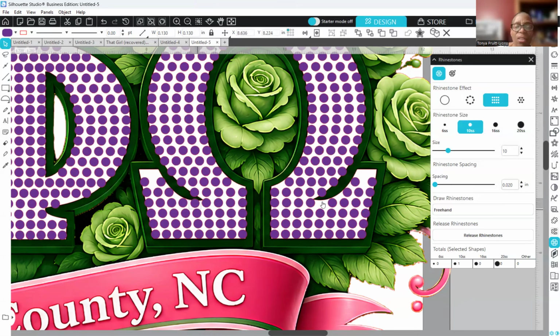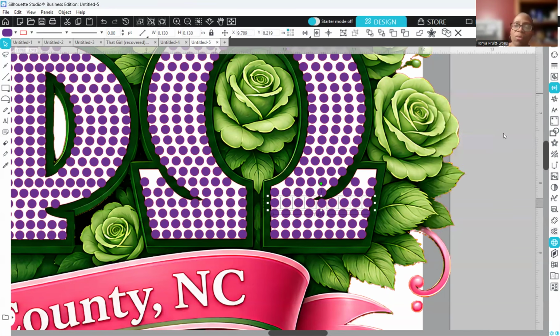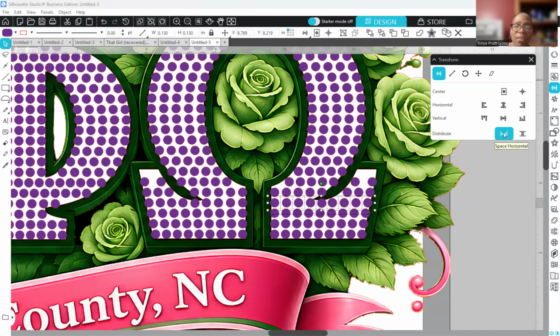Okay, and I'm going to do the same on the other side. Okay, and I do want to make sure that they are equally spaced. So again, I'm going to click, and then I'm going to click all of the stones in the row till I get to the end. Open up the transform panel, okay, and click the distribute horizontally. Okay, so that spaced that out. And I'm just going to go ahead and do the same thing on the other side where we added the stone